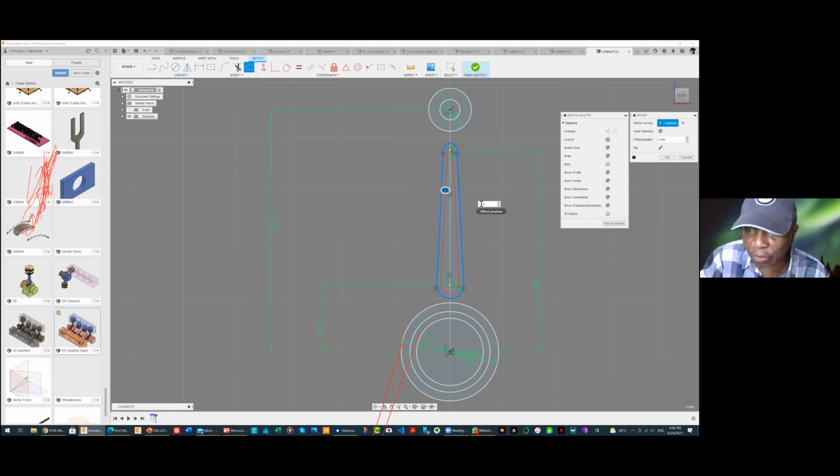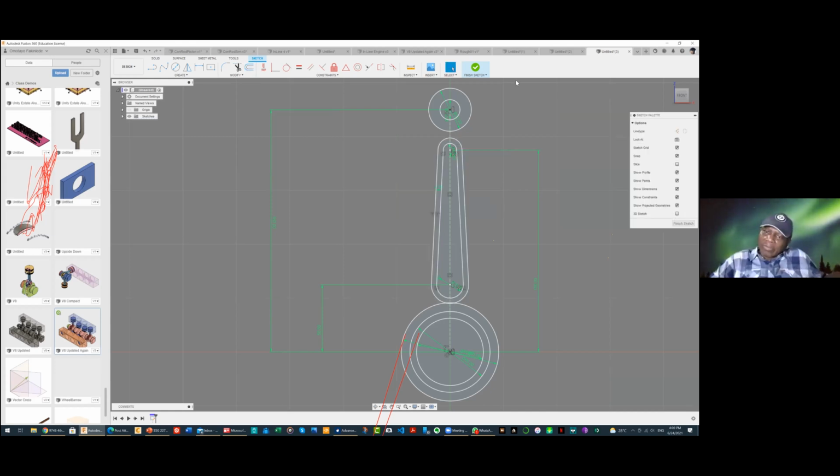Or is that too small? Let it be 4 as I put there before. So that's 4 out. Okay, so that is the offset. The next thing I'm going to do is take a spline from this one to this, and take a spline from this one to this. So I'm going to create a spline, and that spline is going to start from here